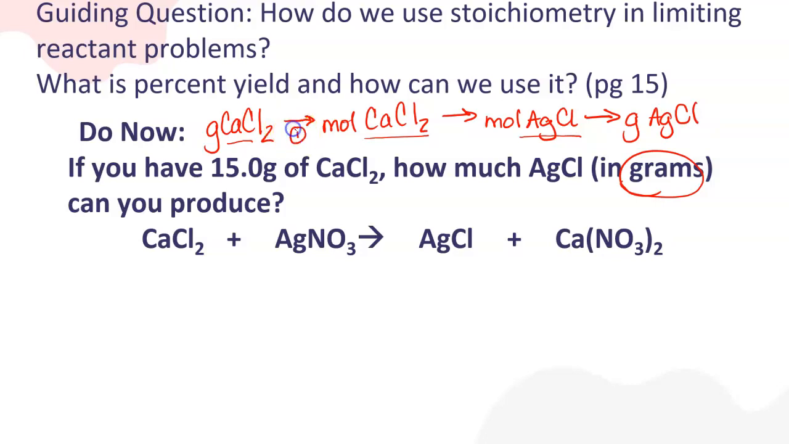So step 1 is a molar mass conversion. Step 2 is a BCA table. And step 3 will also be a molar mass conversion. Okay, so we're going to do our first step. So 15 grams of calcium chloride. And we're going to change that into